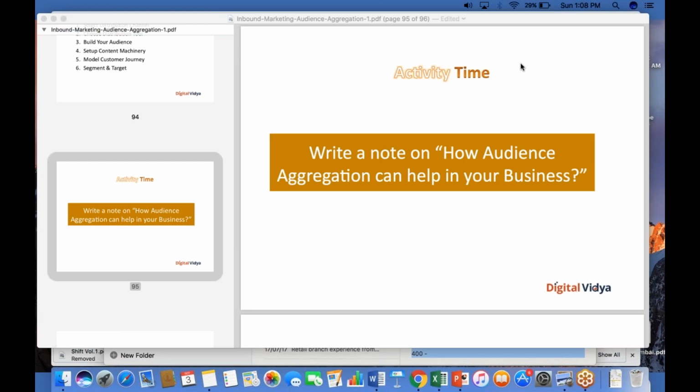And today's assignment, guys, while you think through any questions that you might have and keep filling the feedback, is for you to think through a holistic approach. You earlier spoke about the email marketing audience aggregation approach for your business. I want you to make it more detailed, and I want you to think through what kind of email marketing approach for audience aggregation you will follow for your business, right? I just don't want it to be a three-line summary, but I want it to be fairly detailed.